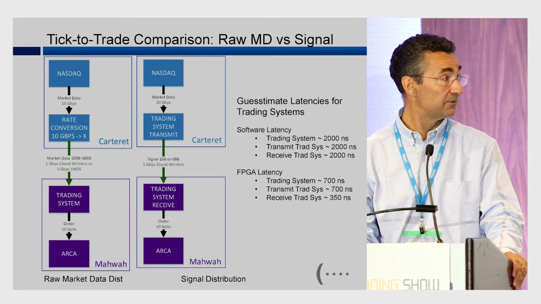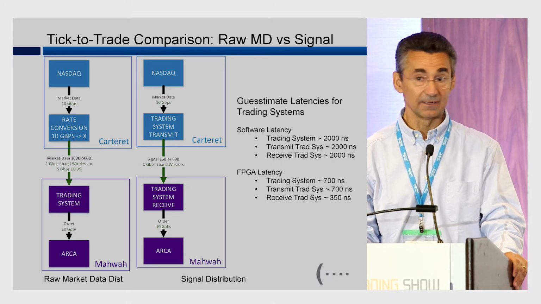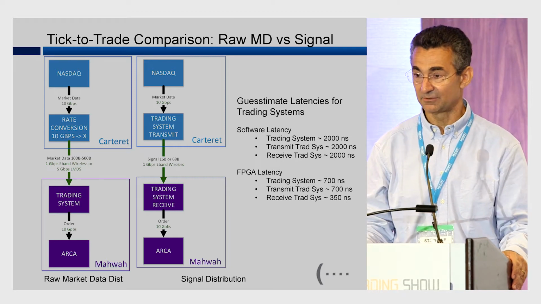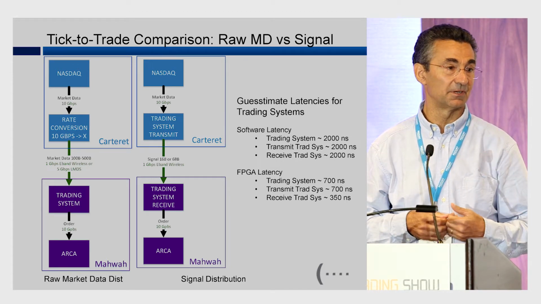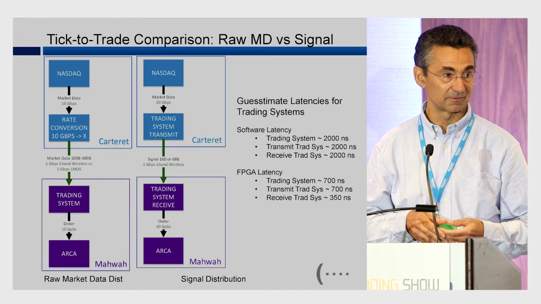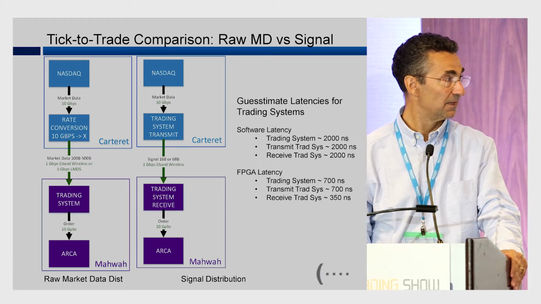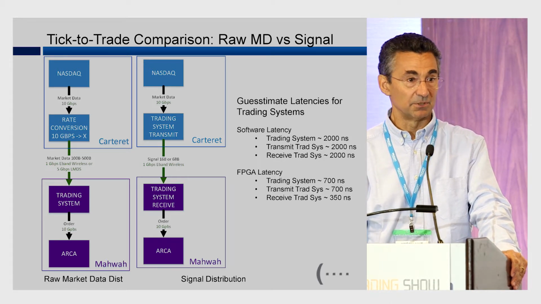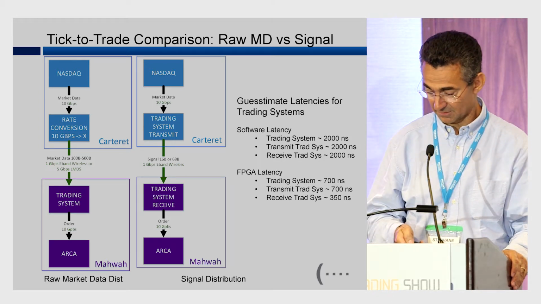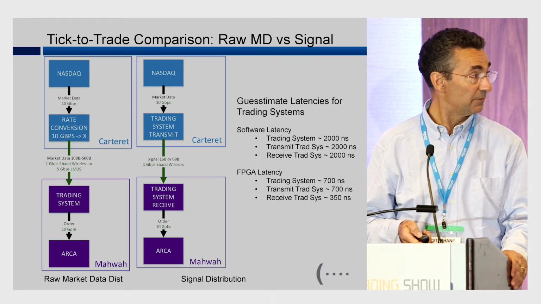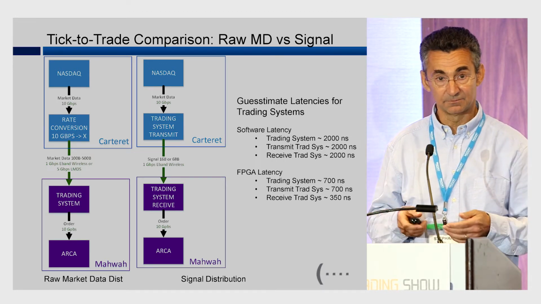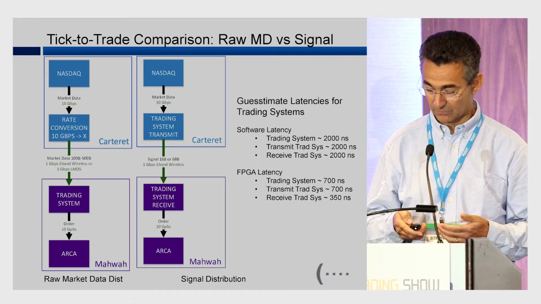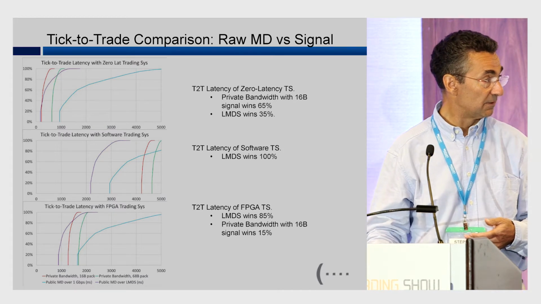So the FPGA latency is not supposed to mean that it's the fastest FPGA available. There are faster FPGA latencies, but that's an FPGA latency where you do a little bit of processing, so it's not the simplest trades. And on the software side, it's a pretty good software, 2 microsecond, but you can still do quite a bit of processing. So if you do that and compare the two paths again, and then you ask the question, who arrives on the other side first,